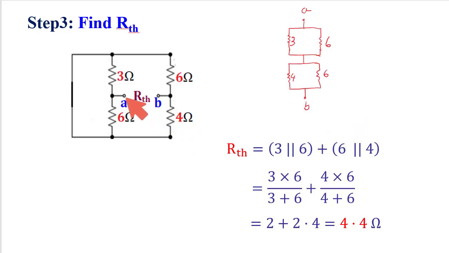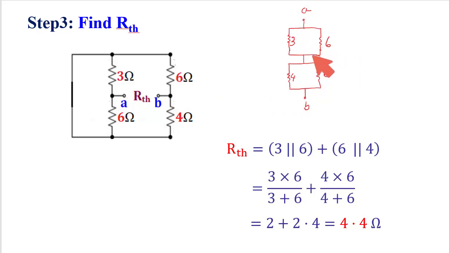Starting from A, we get two paths. One is 3, another one is 6. Now the opposite legs of this 3 and 6 are connected at a particular point. This point, all are the same. So from this point, we get two paths. One is 6, another one is 4. And the opposite legs of this 6 and 4 are connected at a particular point, which is B. Say this is B. It is very clear to understand which are series and which are parallel.